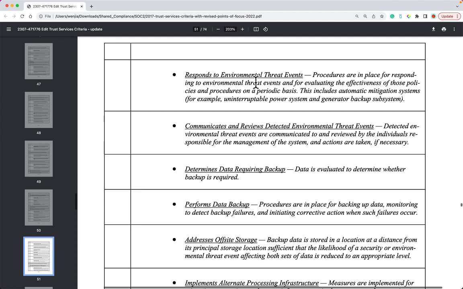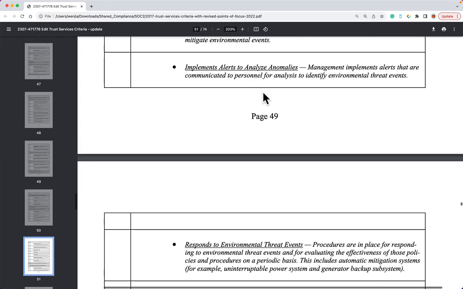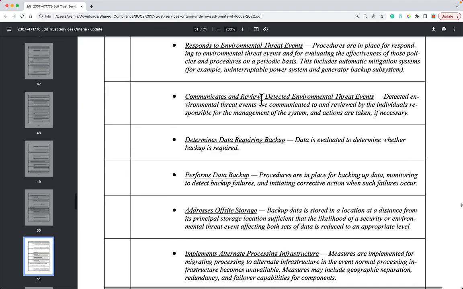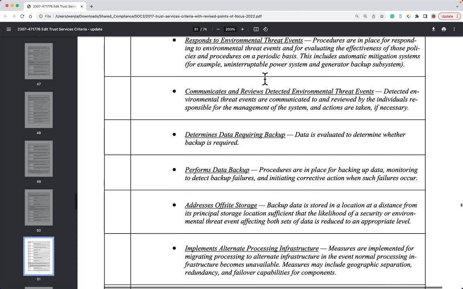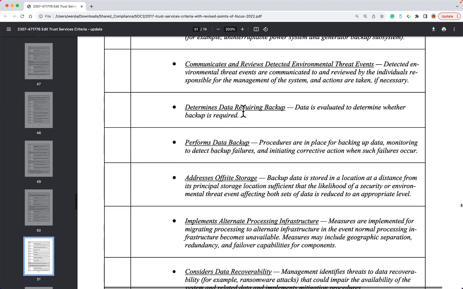So you have built a system to detect and respond. Now it's solved, but after you solve the issue, during this process, what challenges have you been facing? You need to know about that, so next time you can do a better job. That's the point of this point of focus. Next one,